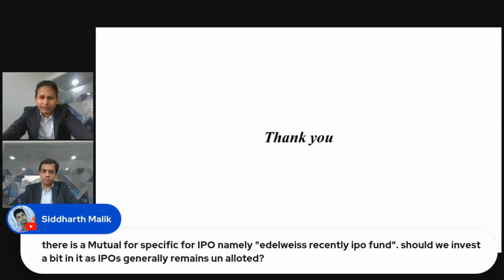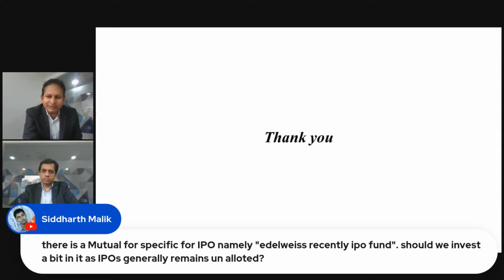This mutual fund scheme is investing in the companies which have been listed during the last 2 3 years. So although the name may give you a perception that the companies which are open for IPO are the companies where this fund will go and apply,